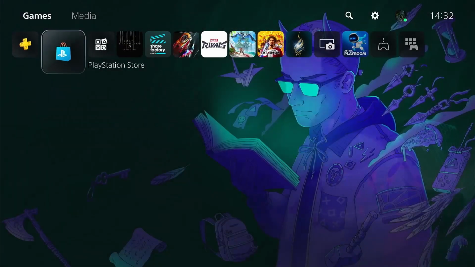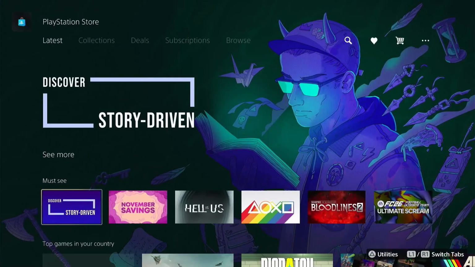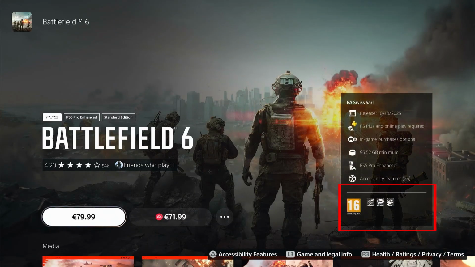Finally, I want to show you the PlayStation Store. When you select any game in the store, you can see the age rating in the bottom right of its production page. If you want a step-by-step walkthrough to set age limits, restrict purchases, set playtime and configure profiles,